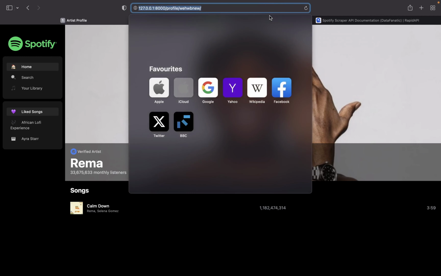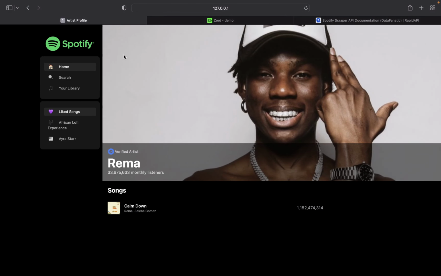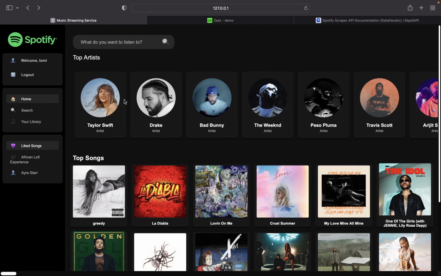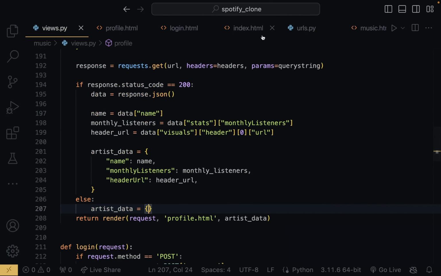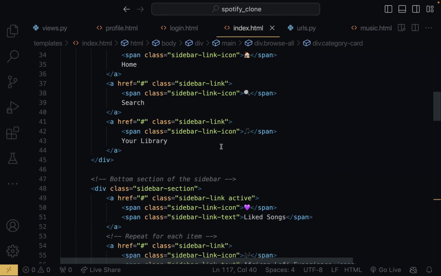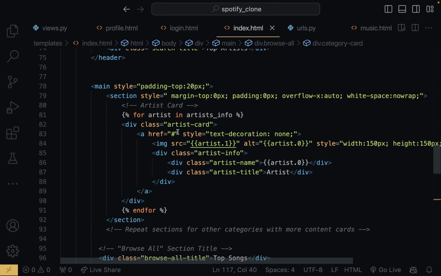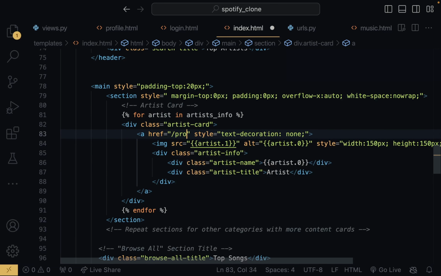Okay, so this is not going to work because this has an ID that doesn't work. So one thing we need to do, I'm just going to go back. One thing we actually need to do is to make sure that once a user clicks on one of these artists, it takes them to the profile of that artist. To do this, we have to come back to index. And remember in index where we had this artist and then we had this a tag. Now we're going to say /profile